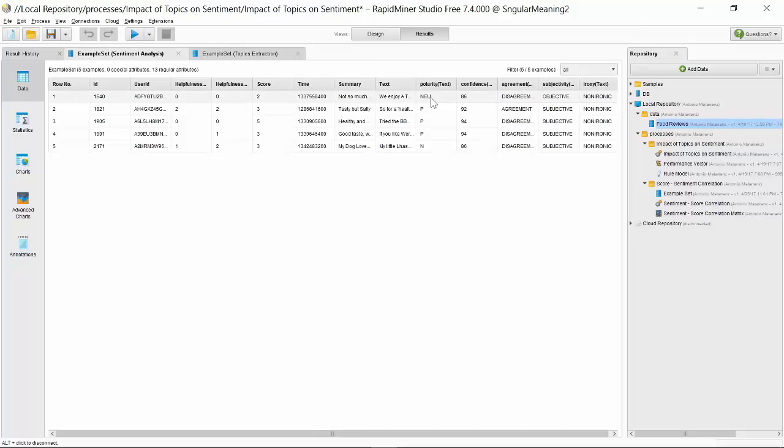Some of them are neutral, some positive, negative. We also have positive plus polarity and negative plus, but none of them seem to be in this category. We also have a measure of confidence in the sentiment extraction, a measure of agreement, meaning in a certain comment you can have different opinions with different polarities. So disagreement means the system has found polarities of different signs. Agreement, that all the polarities have the same sign.